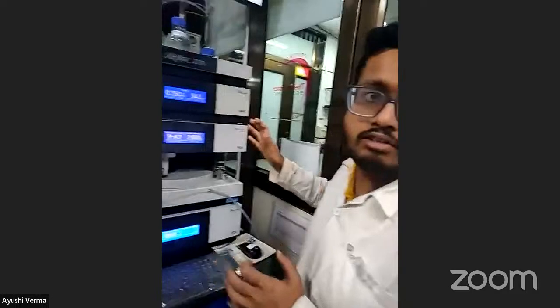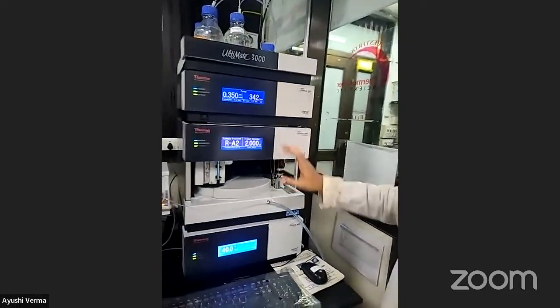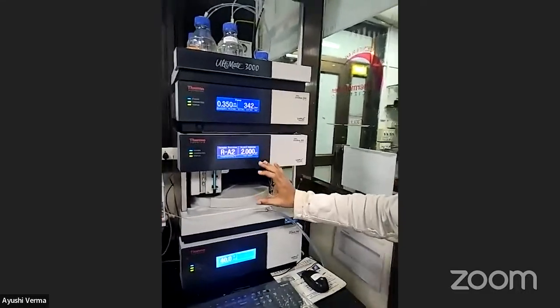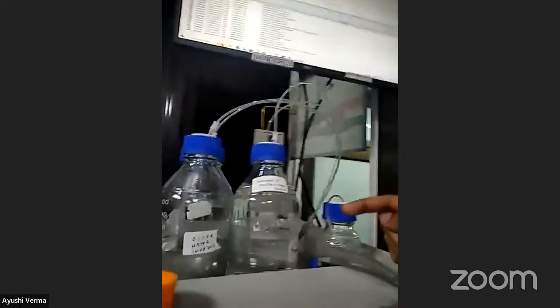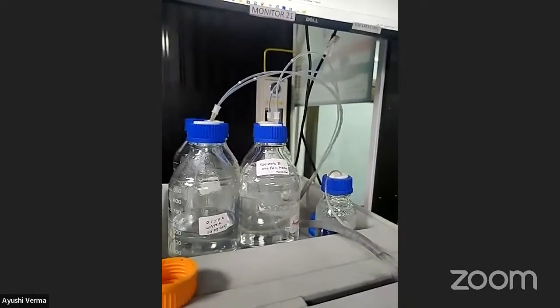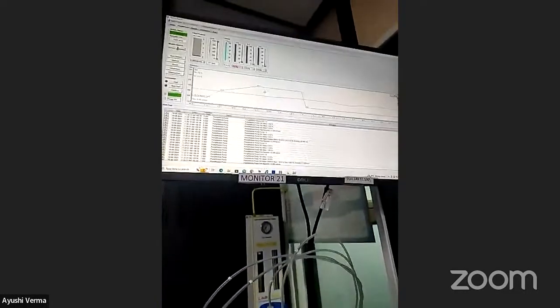The same reverse phase chromatography principle is followed, where the column is added in the column compartment, and in the solution you can see that different layers, a different gradient of hydrophobicity, are generated, and on the basis of the hydrophobicity, compounds are eluted